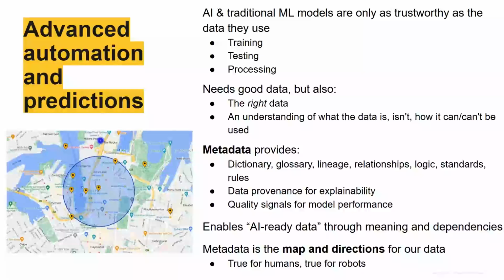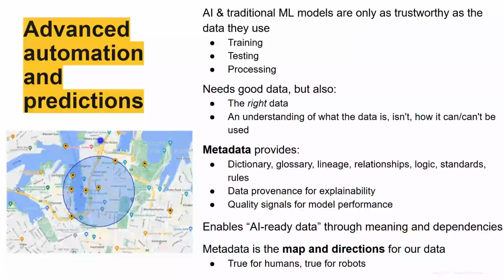So you have to train the model, you're going to test the model, you're going to process the model. You have to have quality data for all of those or you're not going to get a good model. Now, you don't just need good data, you have to have the right data, so appropriate data. So you get into model bias and things like that. But also, if you just use a column that doesn't mean what you think it means, your model's not going to tell you what you think it's telling you.